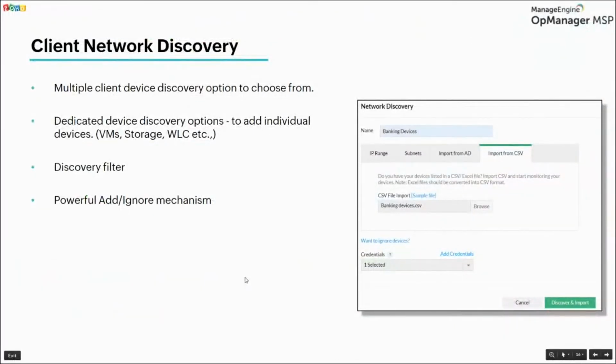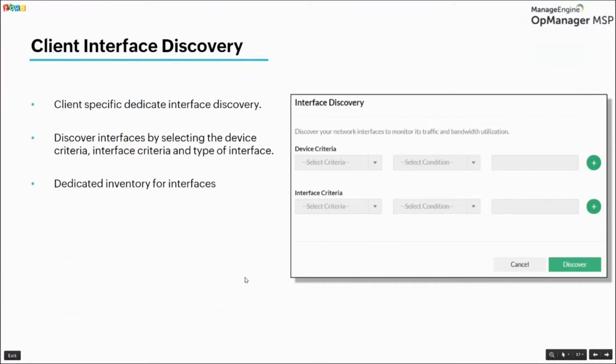The next topic which we are going to see is about interface discovery. The one important thing which I have to inform you before going ahead with the interface discovery is that the interface discovery is going to happen based on SNMP. So if you want to monitor your interfaces, you need SNMP to be enabled on the end device, and you should have the same credential associated to the respective devices. And once you have this basic mandatory requirement ready, you can discover and monitor the interfaces in your environment.